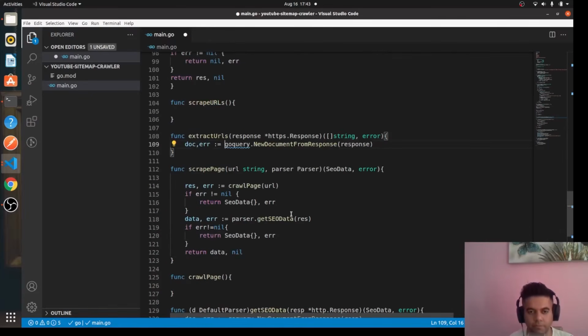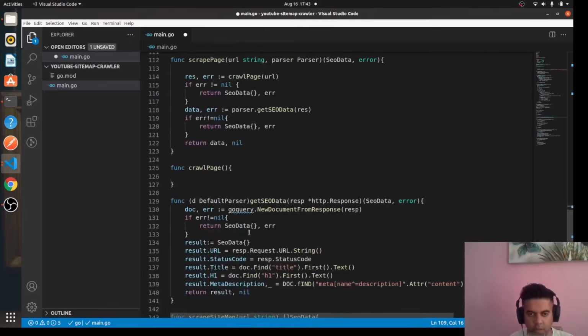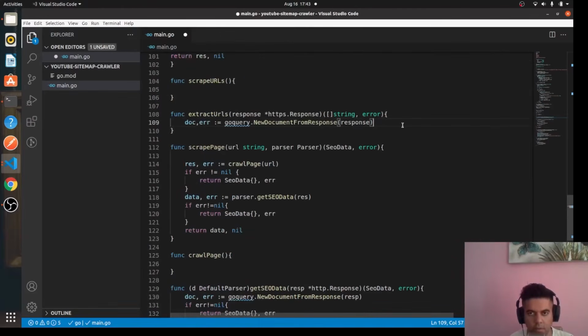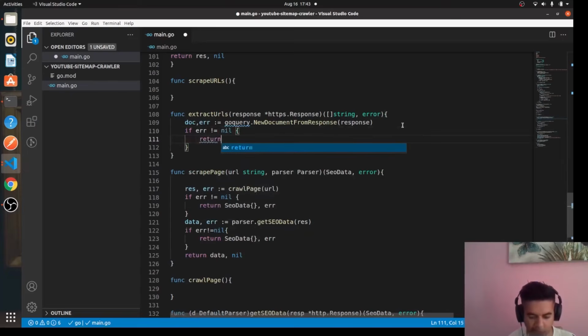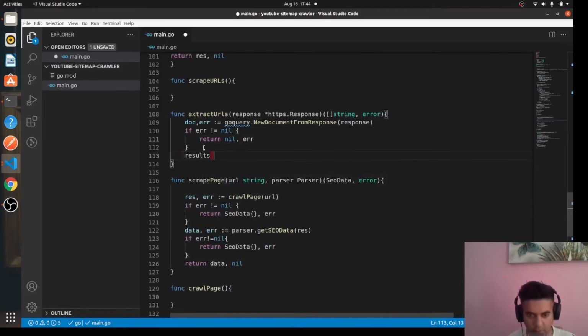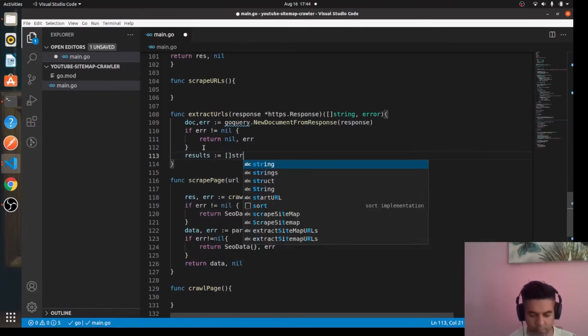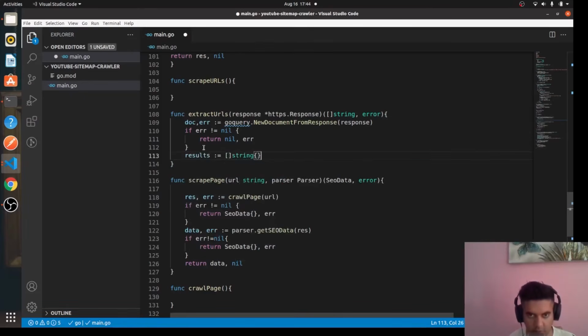All right, very similar to your get SEO data function. And here again we'll check for the error. So we'll say if error not equal to nil, return nil comma error, and we'll take a variable called results equal to a slice of strings, which will be empty for now,